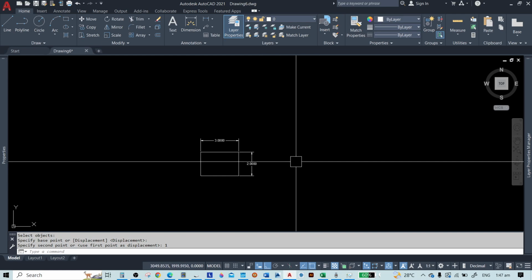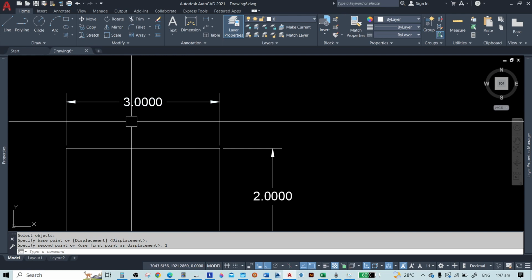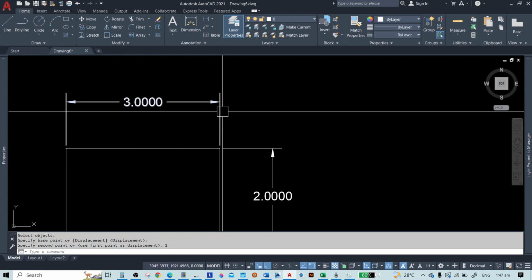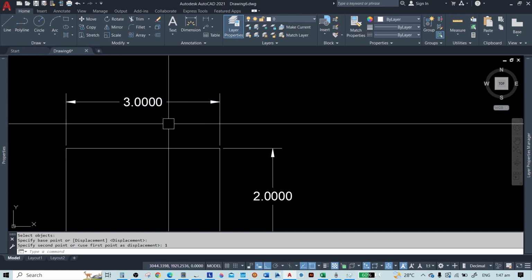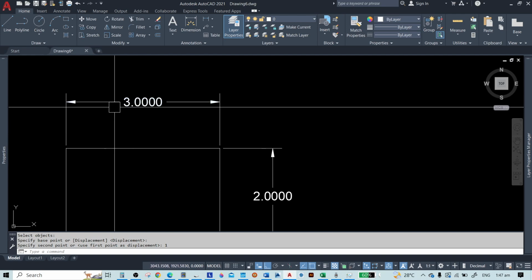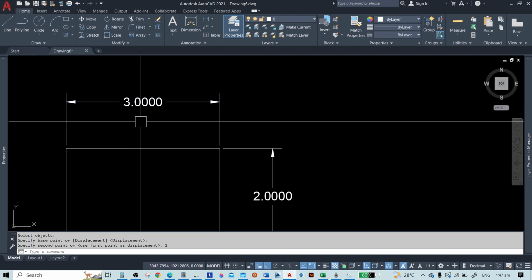manual scaling, where let's say for example this 3 here is in centimeters. Now if they scale it to 1:2, then of course they will reduce it into half.